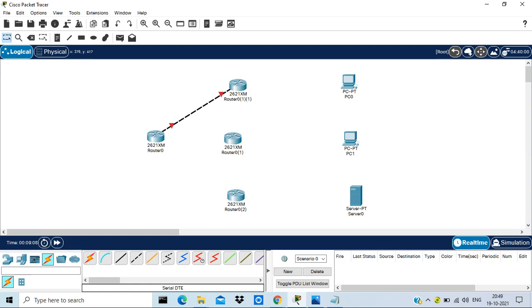So generally DCE is the ISP's device, the device at the ISP's end, like the last device that we get from the ISP, which is the modem, or maybe a CSU or DSU device, the last device that comes to our premise from the ISP.